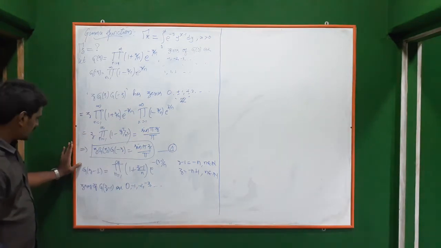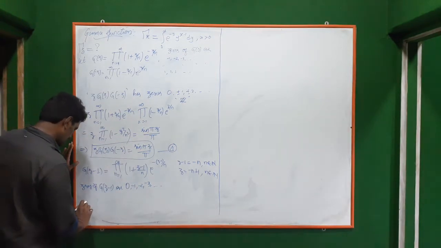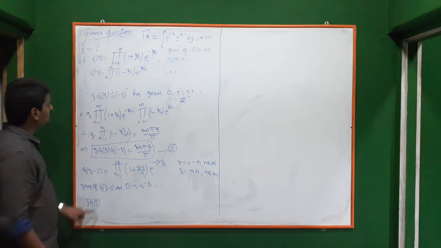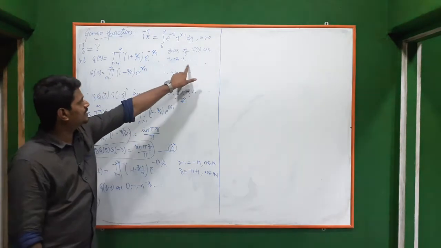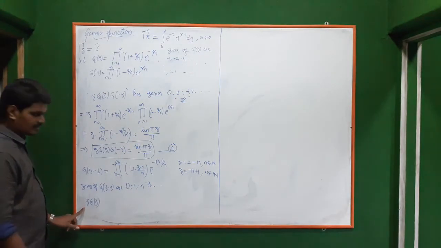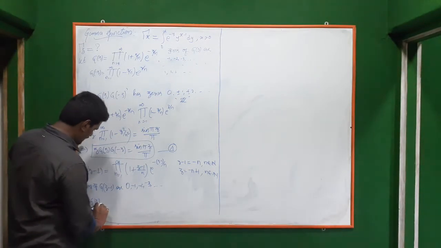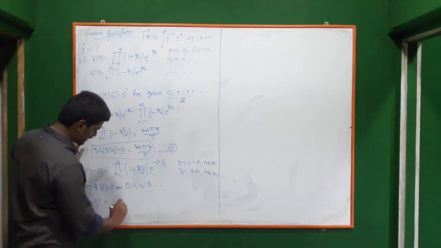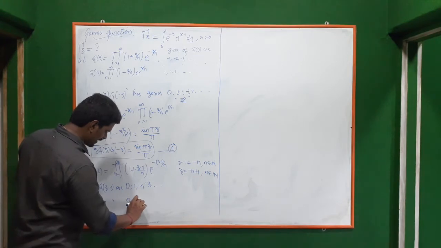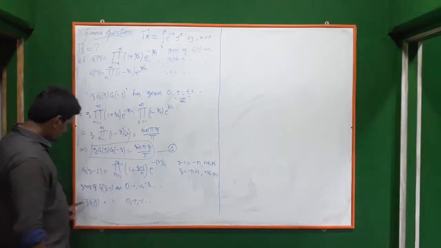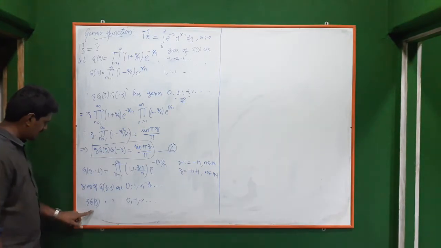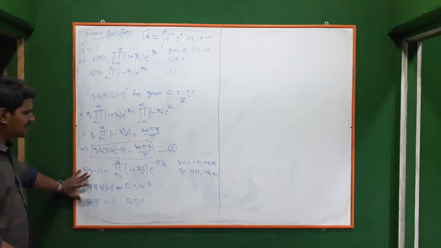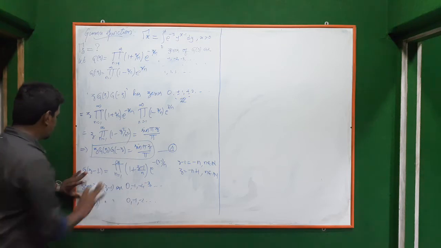Similarly, we will have z into g of z. Already we know that g of z has zeros as negative integers. If you multiply it by z, this all will be there. Similarly, the zeros of this function are 0, minus 1, minus 2 and so on. See, z into g of z and g of z minus 1, both the functions are having the same zeros. Infinite number of zeros, but the same zeros.